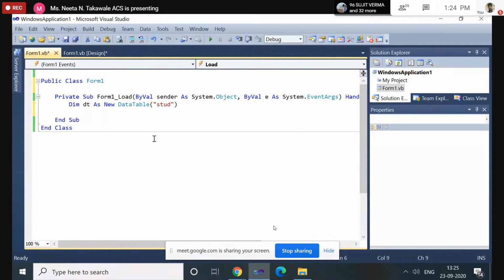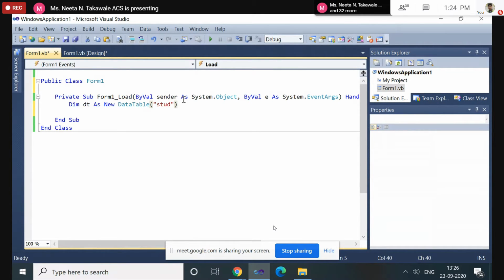Now see what we are discussing. We are discussing how we can create the table using the data table class. So this is the class, and this is the object. We are creating the new table using this class, so you have to specify the name for that table. You can specify any name within a double quote. That is the first thing. dt is the data table object and student is the name of the new table that we want to create.